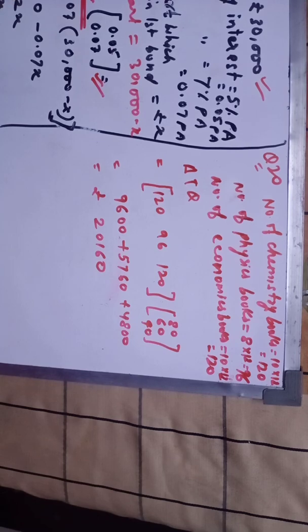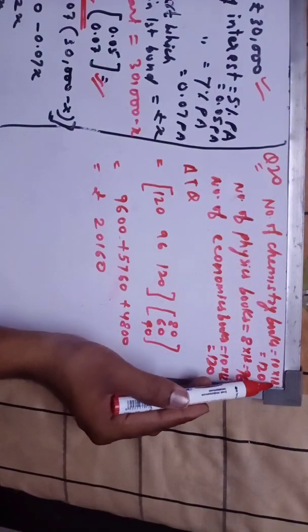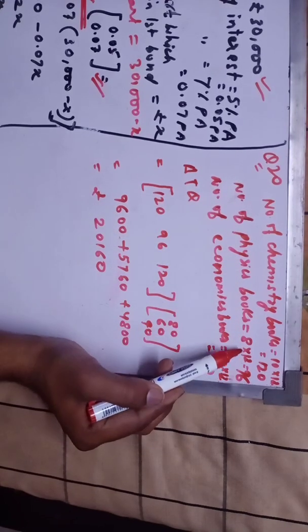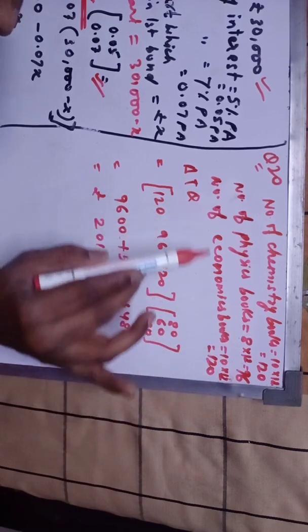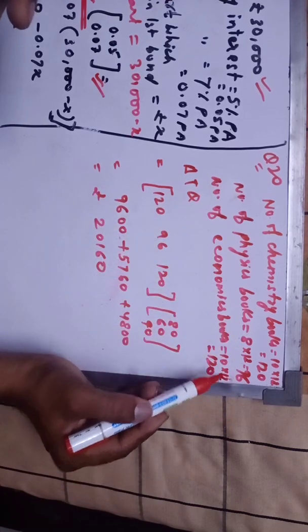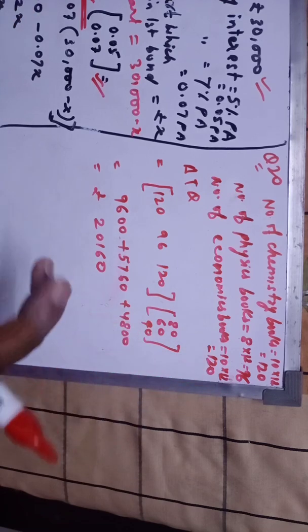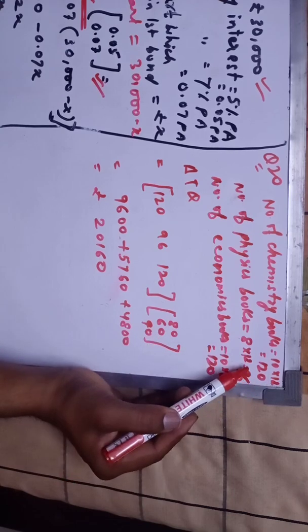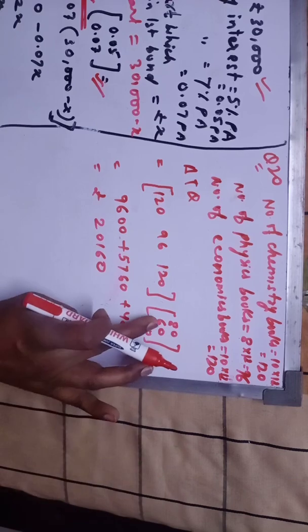The bookshop of a particular school has 10 dozen chemistry books. The number of chemistry books is 10 dozen. 10 dozen means 10 into 12, that would be 120 books of chemistry. And the number of physics books would be 8 dozen. 8 dozen means 8 into 12, that is 96. And the number of economics books is 10 dozen, that means 10 into 12, which is equal to 120 books. The selling price of a chemistry book is rupees 80, a physics book is 60, and an economics book is 40.